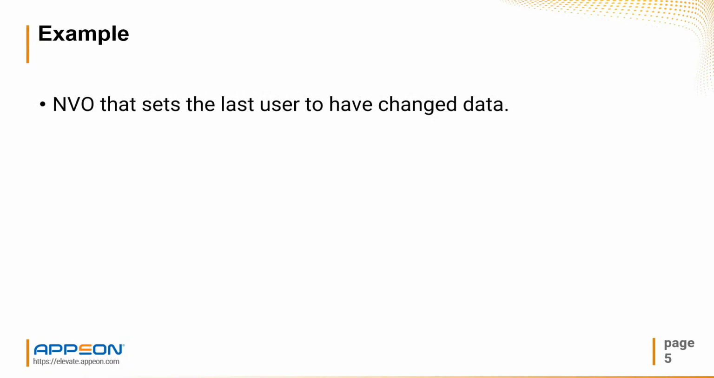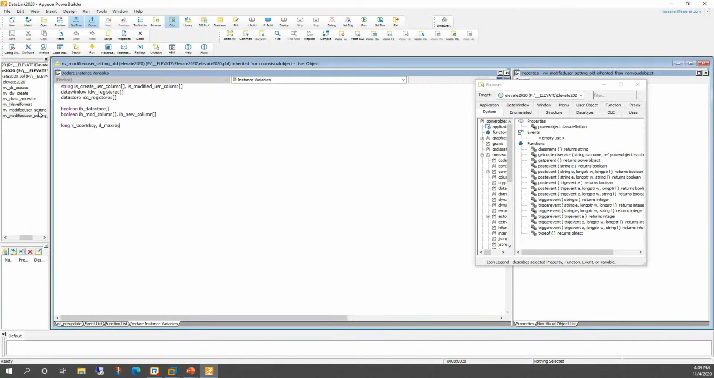So let's give an example here. We have an NVO that basically sets a column value to the name of the person who last changed the data or who created the data. So on a per row basis, it'll have some tracking information if you changed or created the data. So this is an object that I just call modified user setting. And it has some standard functions here. In this particular case, we've already extended it out to work with both the data window and the data